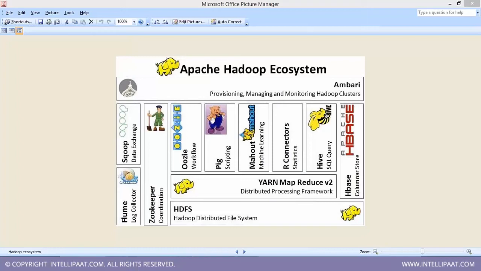So this is the bigger picture of the Hadoop system. Apache is basically a product, or you can say a company, the Apache Software Foundation. And all these tools are open source. But as I told you, all these distribution companies are taking all these open source products, putting them into one single package and then giving it to you. So there are two ways of installing. Either you install all these packages on your own, or you buy the entire package from a distribution company.